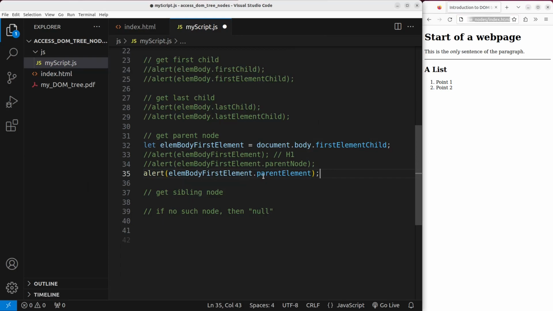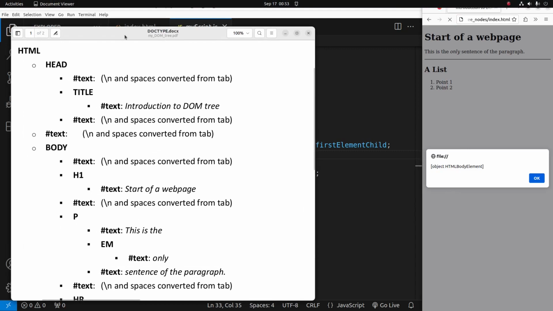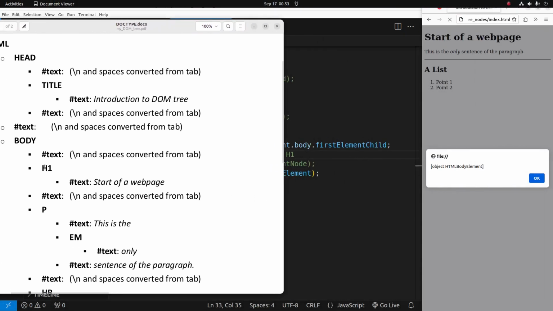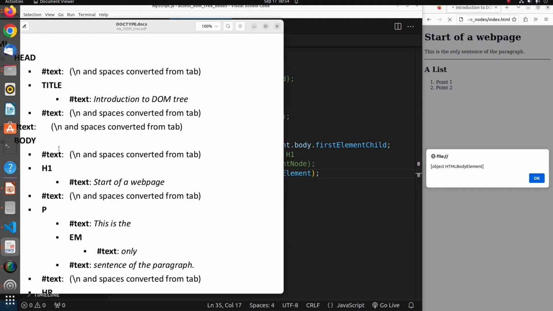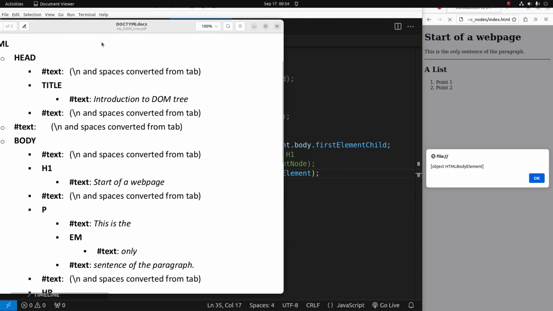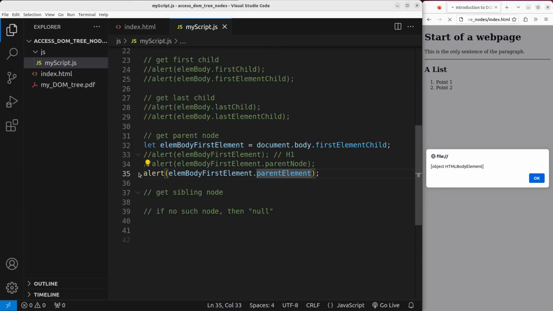So how about doing the parent element of my H1 element node? Let us see the result first. Save. Reload. Yes, you can see the body element has come out. So for this particular element called H1 here, the parent element is of course this body element. Okay. Since the body node is actually an element node, the two answers coming from these two lines will be referring to the same element node in the DOM tree. Okay, so for our particular case here, the two values will be the same. Okay,